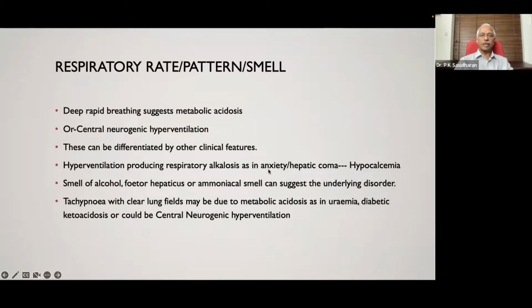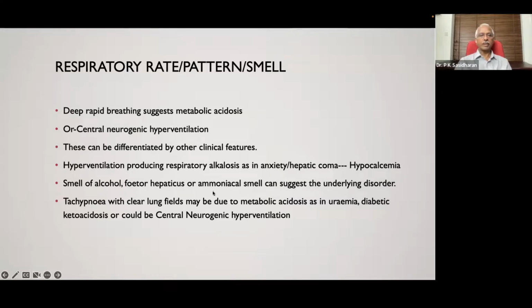Hyperventilation producing respiratory alkalosis, as in anxiety or hepatic coma, can trigger hypocalcemia, and that can throw a seizure sometimes. Smell of alcohol, smell of fetor hepaticus or ammoniacal smell can suggest the underlying disorder as the cause of seizure. Smell of alcohol for the alcohol-related seizures, fetor hepaticus for the hepatic encephalopathy related cerebral edema and seizures, ammoniacal smell